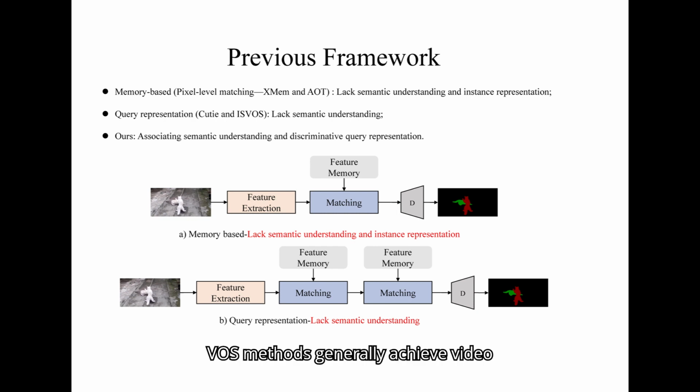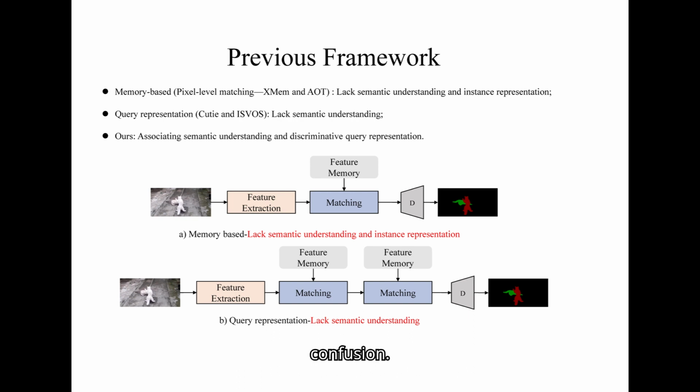VOS methods generally achieve video object segmentation by comparing the test frame with previous frames. They begin by employing an association model to generate pixel-wise correlated features between the test frame and target templates. These correlated features are then used to predict the target masks accurately. To handle variations in target appearances over time, certain methods incorporate a memory module that stores samples of the targets as their appearances change. Additionally, recent approaches like QT and ISPOS introduce object queries to differentiate between various target objects,